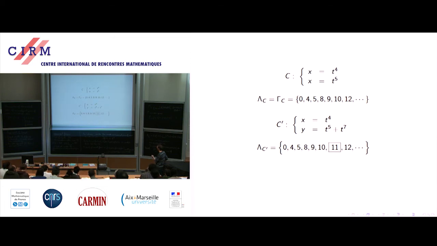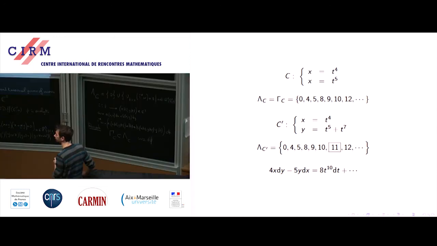And this 11 is obtained when you evaluate the multiplicity of E star of omega when you choose for omega this form. If you put this expression in omega, then this form just vanishes, so here you get just 0. But if you put this expression in omega, because of the presence of these t to the power 7, there is here a t to the power 10 that appears. And this 10 gives you this 11.